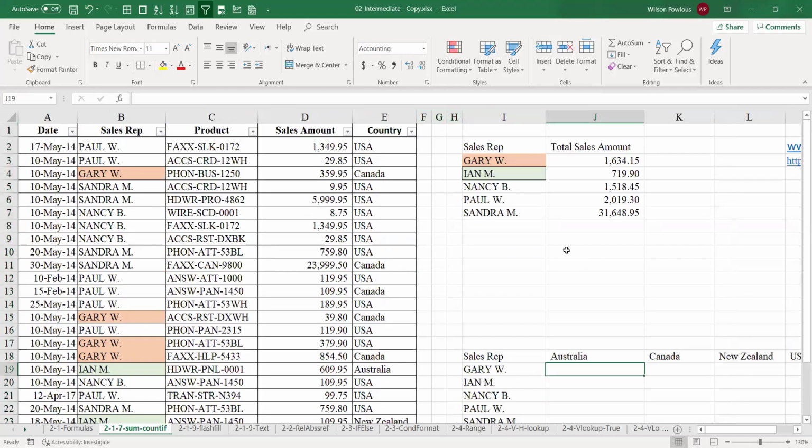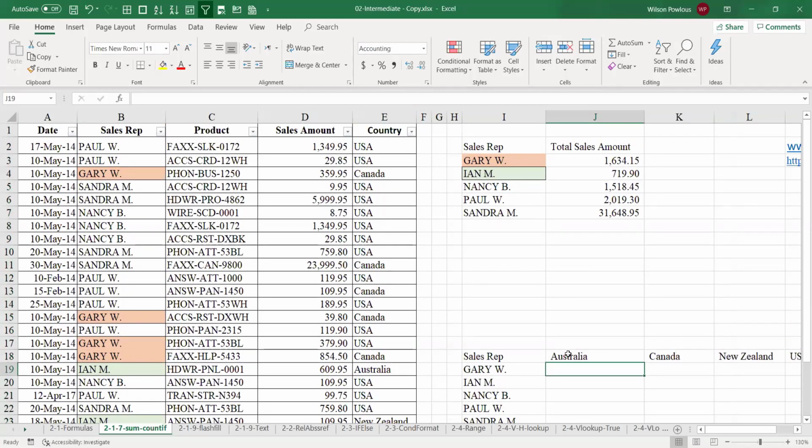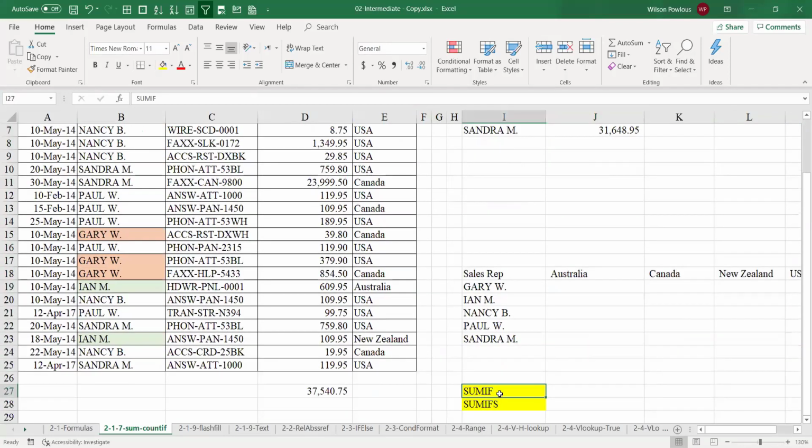Here in this example we have seen just the total sales of sales representative Gary. But here we want to see Gary's sale in each country. So we have to use SUMIFS, not SUMIF. SUMIF is for a single condition, SUMIFS for multiple conditions.